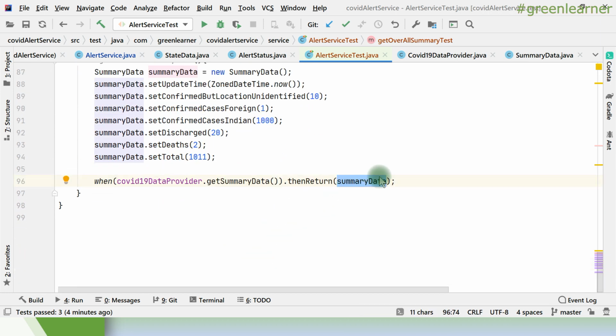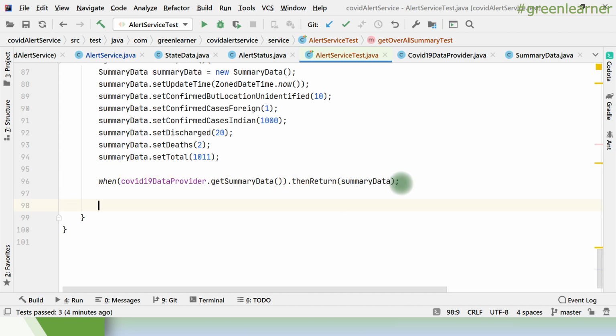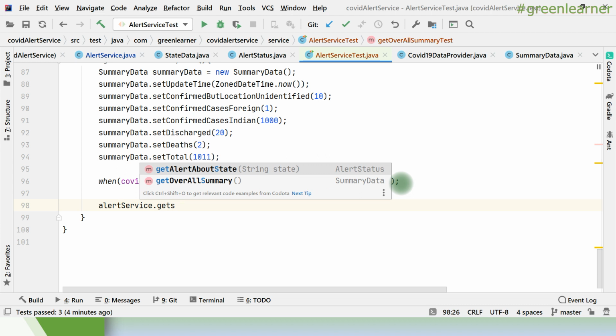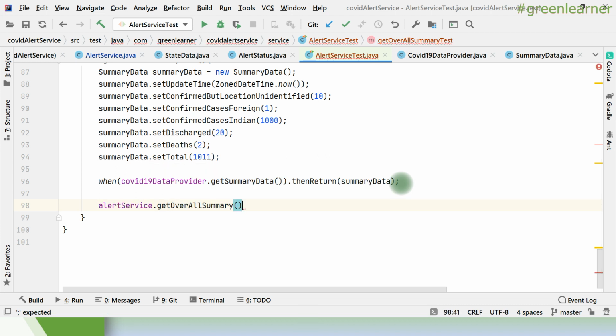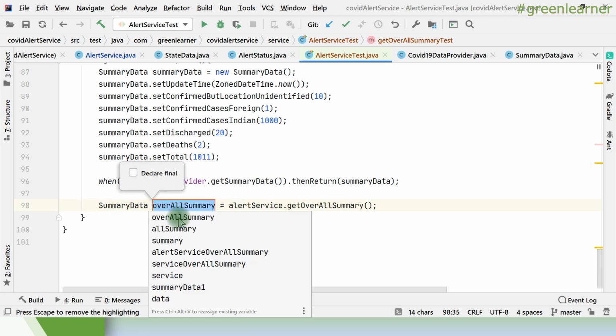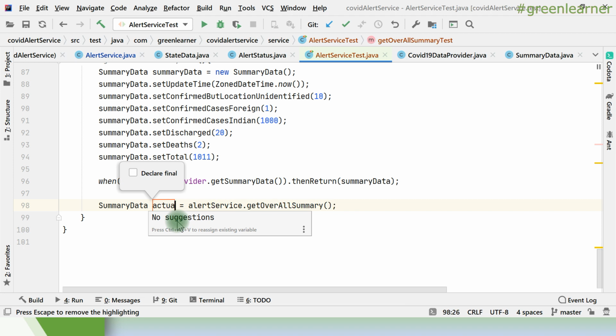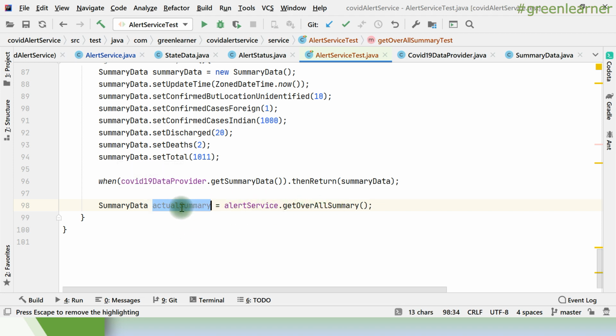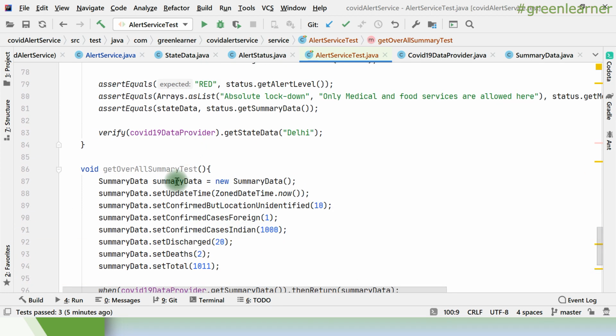So now call the alert service dot get overall summary, right? It is going to give me the actual summary, right? So this is the actual one that is being returned, and I'm just going to call this one to compare this summary data.